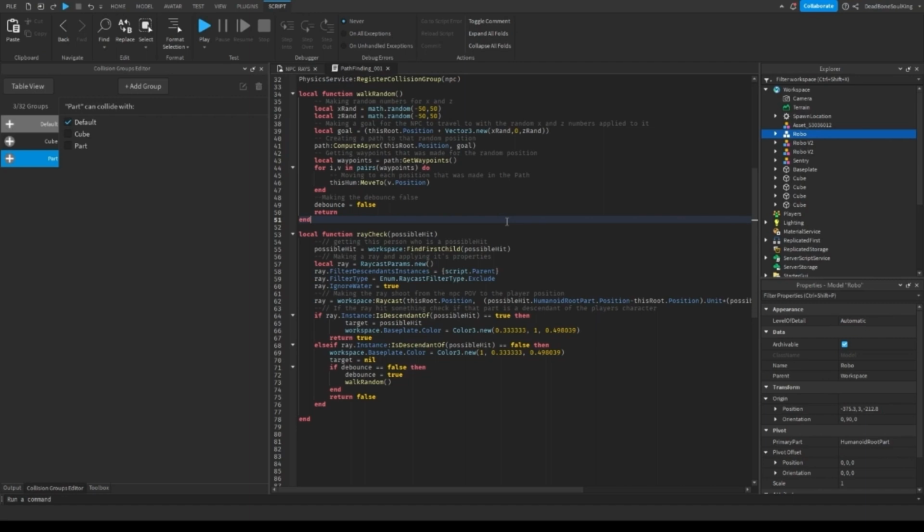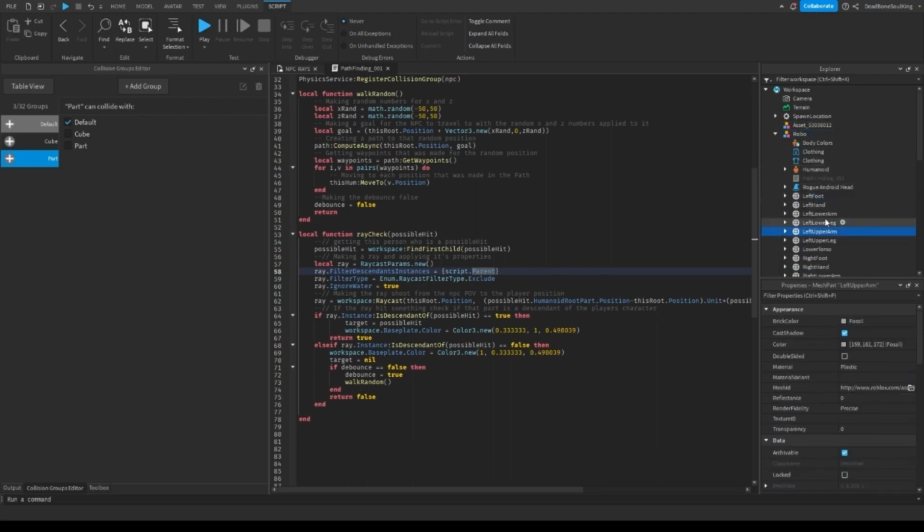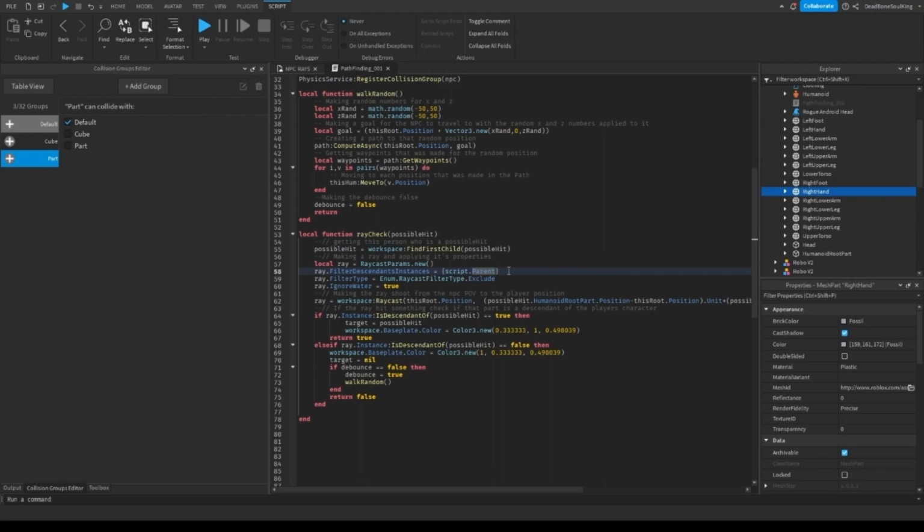Ray.filterDescendantsInstances equals table, script.parent, inside the table. Ray.filterType equals Enum.RaycastFilterType.Exclude, and ray.IgnoreWater equals true. What this does is we're making parameters for the ray, and then whatever the ray hits, if it's a descendant instance of script.parent, so if it hits any child of the NPC, like the left foot, arm, chest, head, whatever,